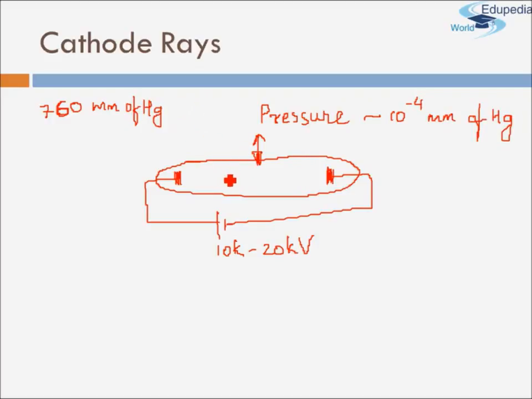There were scientists who had already performed the experiment, but not at this low a pressure. In fact, before cathode rays were observed, it was very difficult to achieve such low pressures. Even achieving a pressure of 10 mm of Hg was considered quite a feat. But finally someone was able to evacuate the tube to such low pressures. And at this moment, what he observed, when pressure was so low and voltage was so high, was